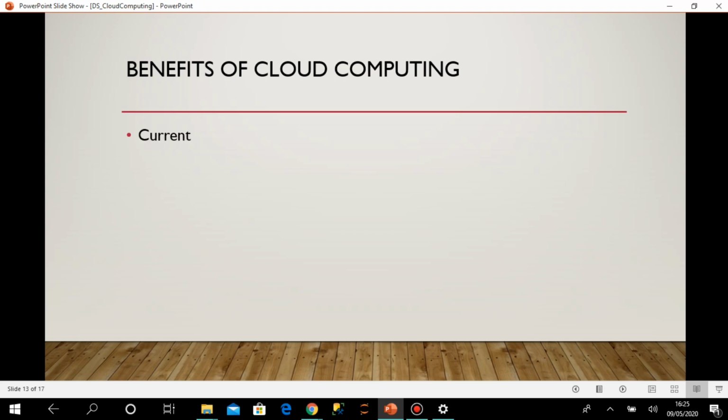Okay, then comes current. What is that? Suppose you have an operating system in your laptop. The operating system works in the most efficient way when you have the latest version of it. So every time we have to do some upgrades, we have to apply some patch to make it work more efficiently, right? Whether in the case of the operating system or different softwares, we have to think of the latest versions, latest patches, latest upgrades. So everything we have to handle.